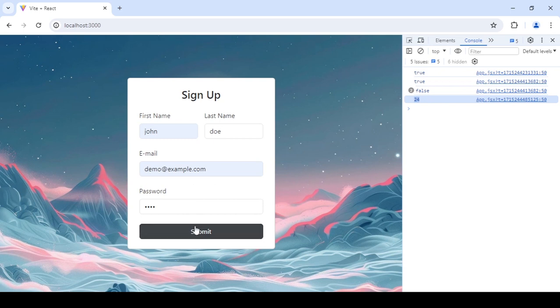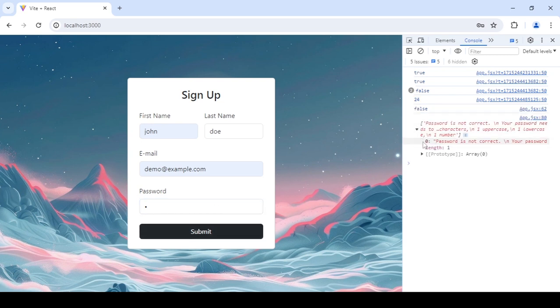Let's see what we get, right? Actually, I'm just gonna make this 1 character right now. Okay, so saying that, okay, the password is not correct. Your password needs to contain minimum of 4 characters, 1 uppercase, 1 lowercase, and 1 number. Okay, so we are getting the message now,